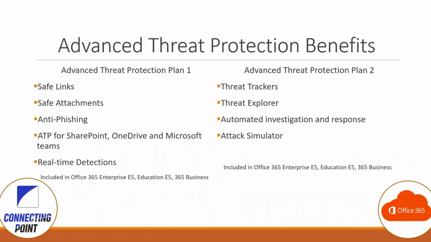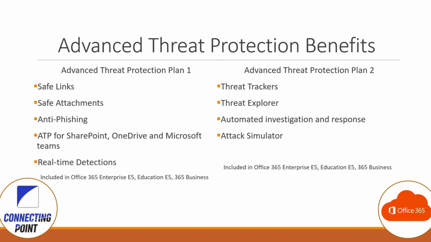So again, to go over the benefits of both of them, with the Threat Protection Plan 1, you get safe links, safe attachments, and anti-phishing, and that includes it for SharePoint, OneDrive, and Microsoft Teams, and gives you the real-time detections. The Threat Protection Plan 2 gives you the Threat Tracker and the Threat Explorer, automated investigation and response,